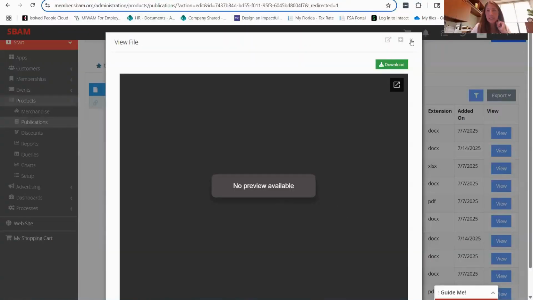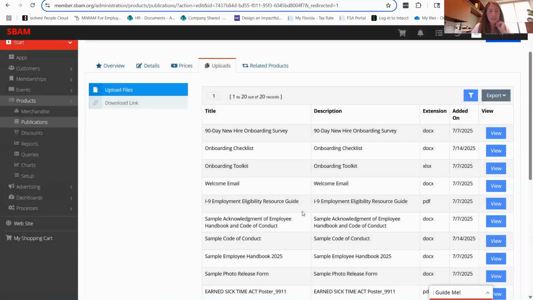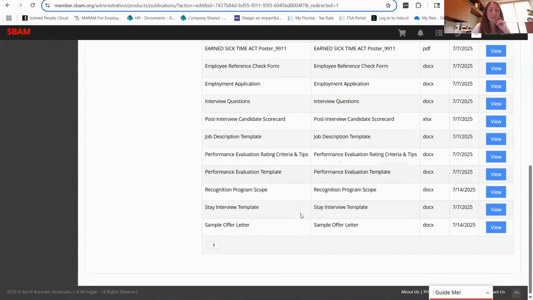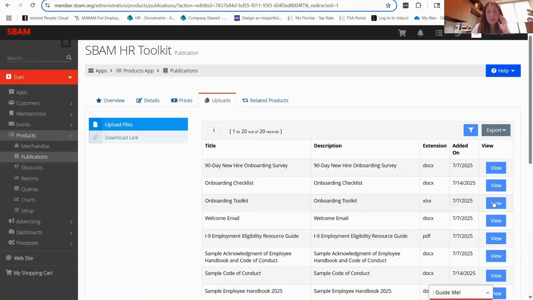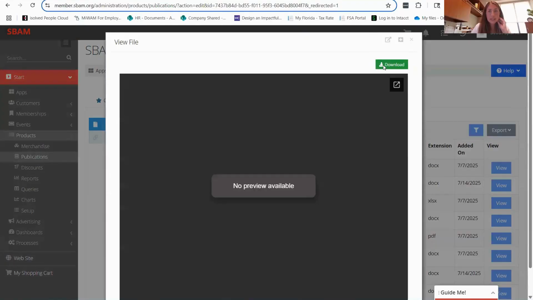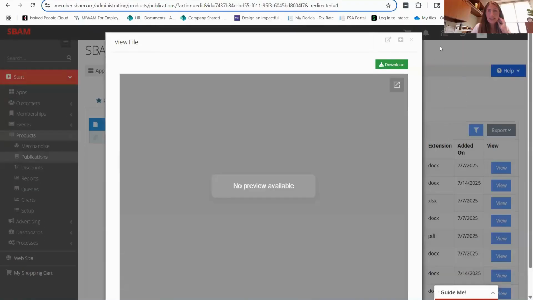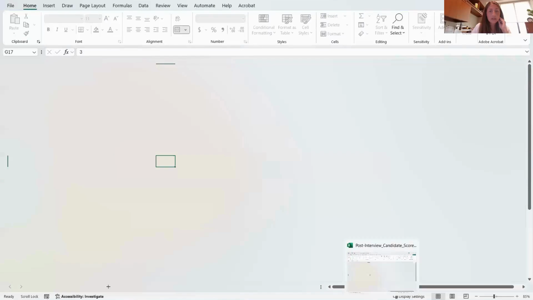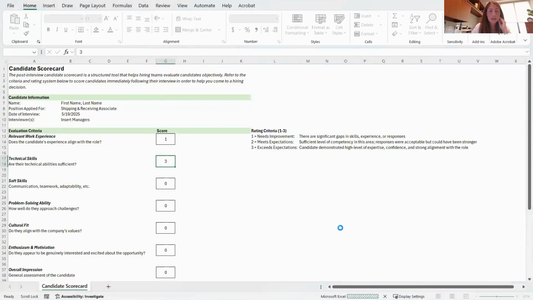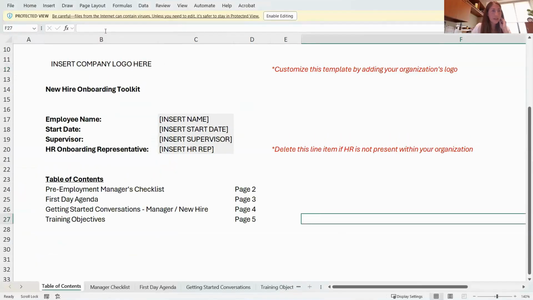All right, and now we'll get into kind of the biggest item of the toolkit. So let me get there. The onboarding toolkit is an Excel file. While it loads, 1 second. Okay. So this is intended to be a printable workbook that once you've completed it,